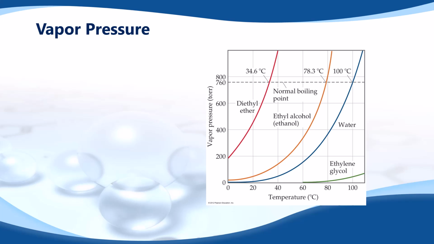Ethanol, because ethanol has hydrogen bonding, it's a little bit harder for it to escape the liquid phase, so the vapor pressure is lower. Water has even stronger hydrogen bonding than ethanol does, because again, water has those 2 hydrogens attached to the oxygen compared to ethanol that only has 1. So it has an even stronger hydrogen bonding force, which means even fewer molecules are going to escape the liquid phase. And ethylene glycol